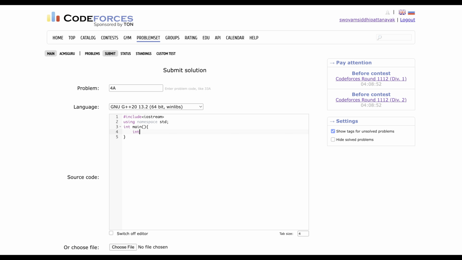So first we will initialize an integer, then we will be taking this integer as an input,